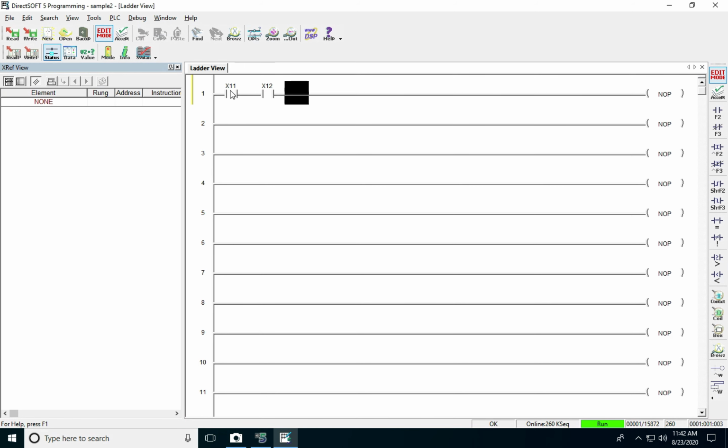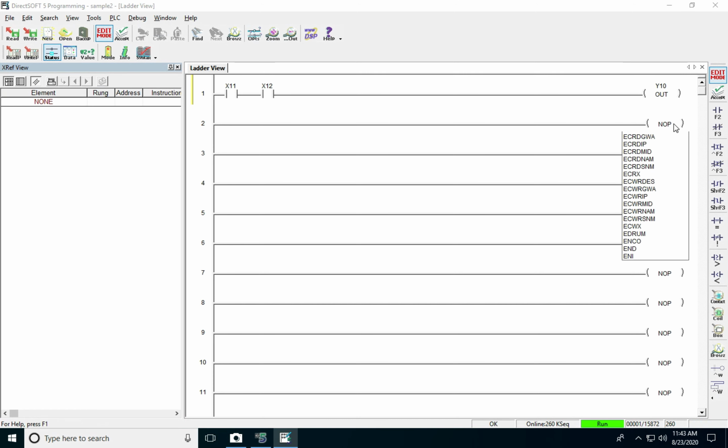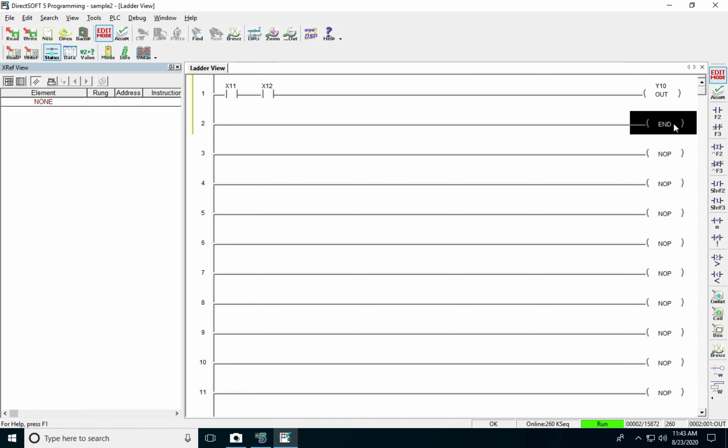If both of them are turned on, then we can turn on the motor Y10. So this is an AND logic. If X11 is turned on and X12 is turned on, then turn on Y10. And in the second line, you have to use the END command. So just click there, type END and enter.